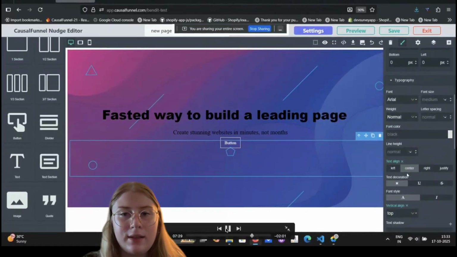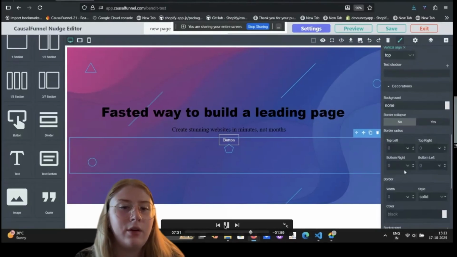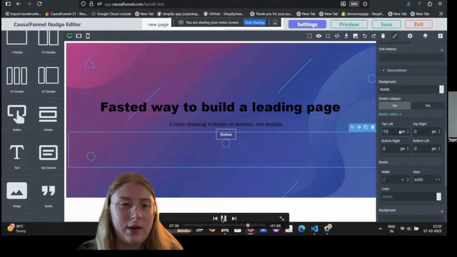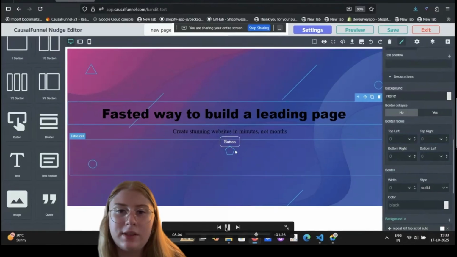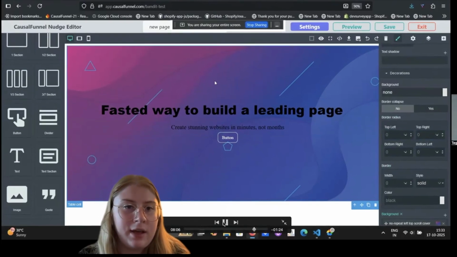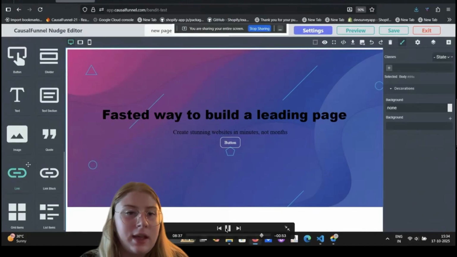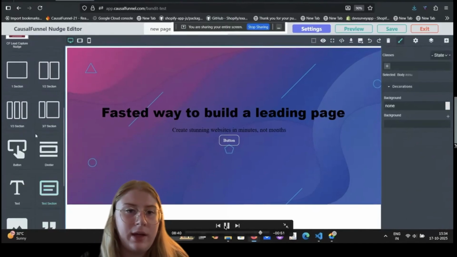I accidentally selected the section element here, but no worries. I'll switch over to the button and apply the border radius that I want. Now that my border looks good and has some rounded corners, I can do anything else I'm looking to do. Now that my button looks good, say I want to add in some custom HTML, all you need to do is drag and drop the HTML section into place